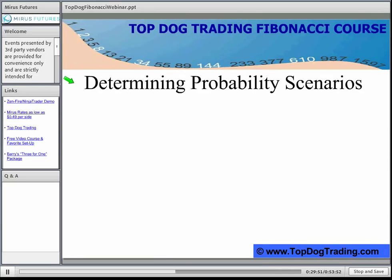So the reason for using these 5 energies is very simple. We're doing this to determine